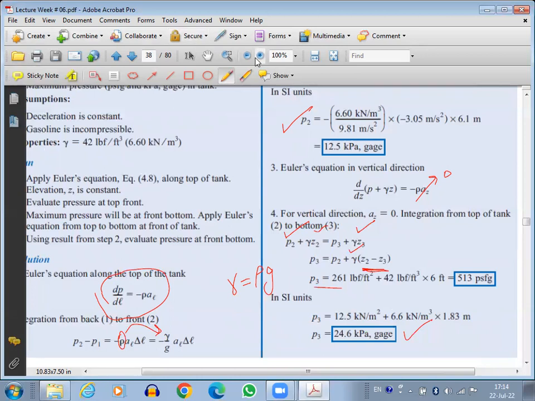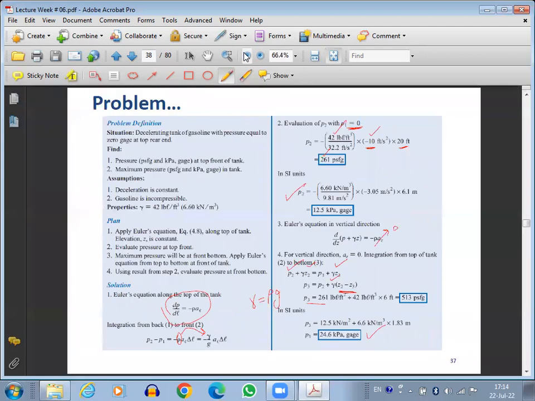Anybody have anything to ask? It's not really that difficult, but the Euler's derivation you missed. When we were discussing the Euler's derivation, where the Euler's equation will be applied, you missed that. But it is there in the videos. When you watch it, you will understand it